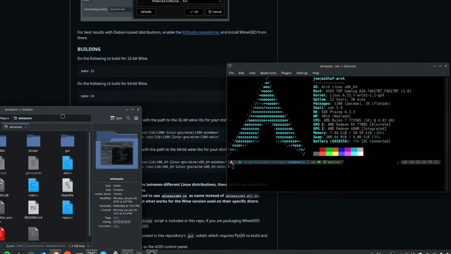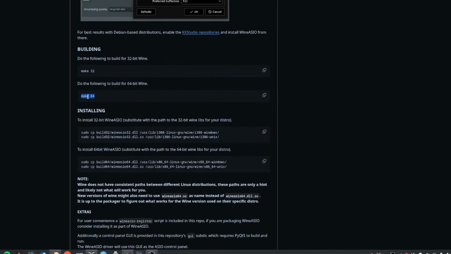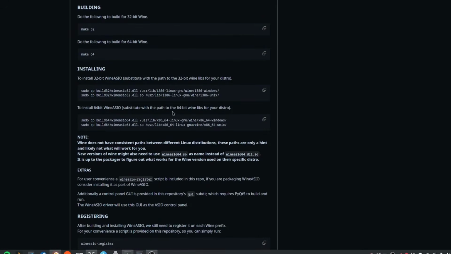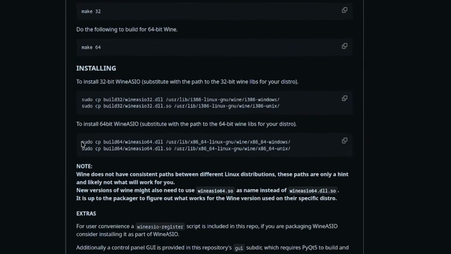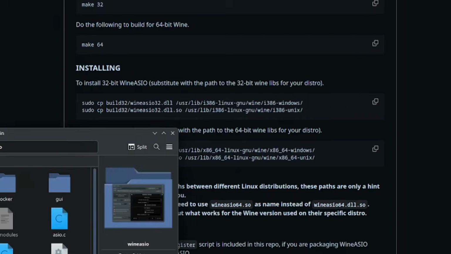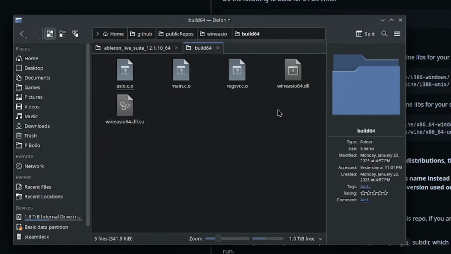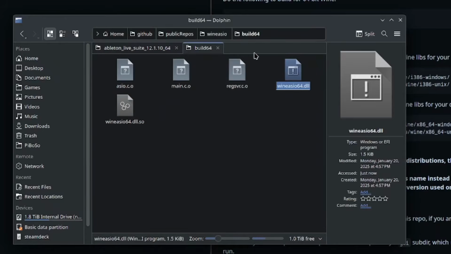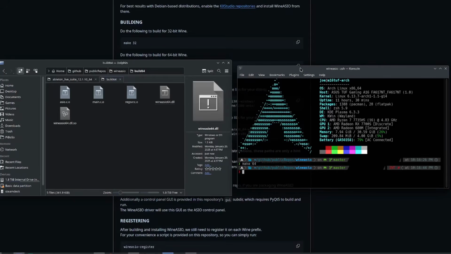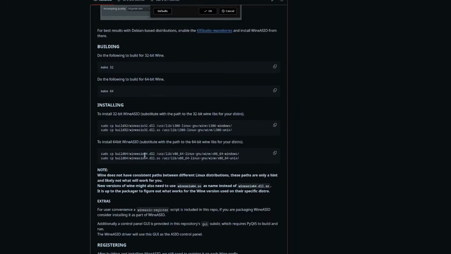At this point, you would enter the commands to build. We want to build the 64-bit wine package. Again, I'm not going to enter these commands because it's already built, but once you've built it, you need to install it, and installing it is essentially just copying the built DLL under the build64 folder. You'll see that there's two DLLs here. You will need to copy them from a terminal. If you're using KDE, Dolphin doesn't let you modify the root area of the disk. So again, you would just copy these,